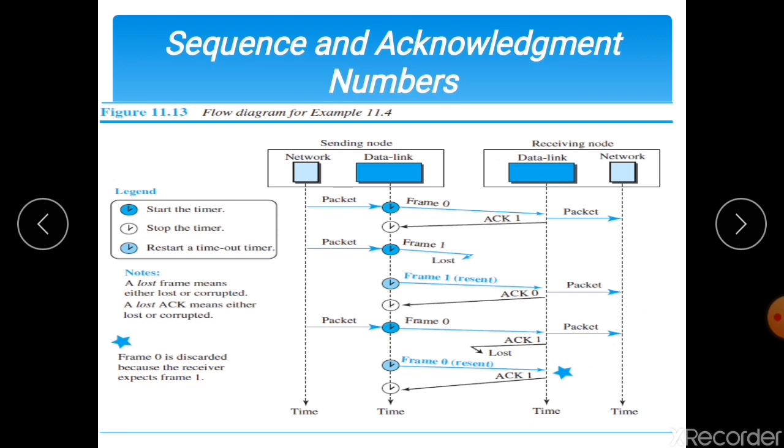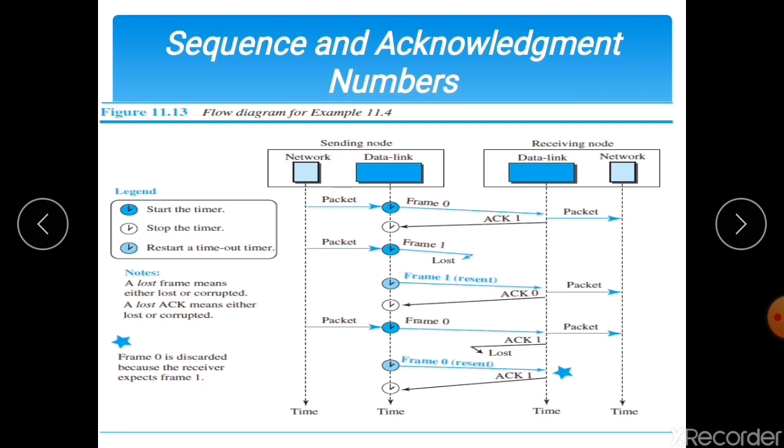and acknowledgement numbers. Here we need to add a sequence number to the data frame and an acknowledgement number to the acknowledgement frame. The sequence numbers are 0, 1, 0, 1, 0, 1, and it will continue in that series. The acknowledgement numbers will be 1, 0, 1, 0, 1, 0, and that sequence will continue.